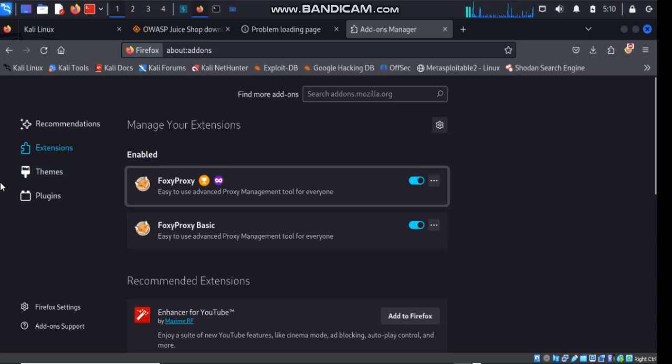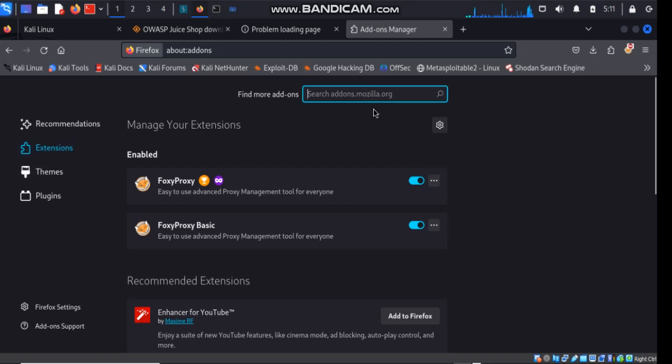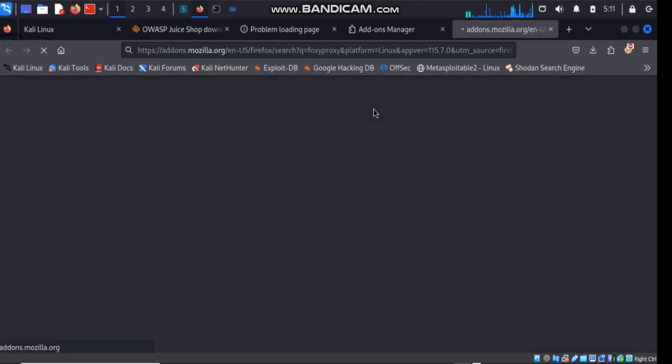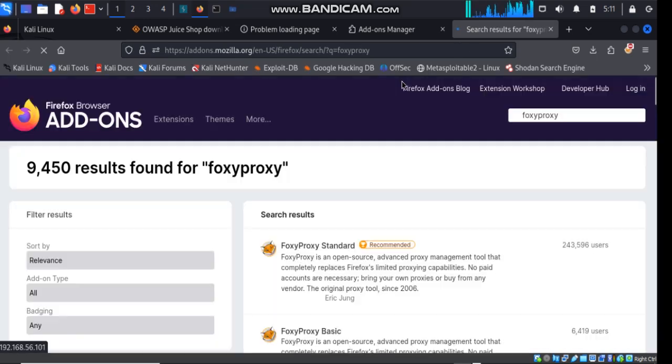When you come to extensions, you search for Foxy Proxy. When you search for it, it's going to open up the places where Foxy Proxy is so that you can download it and get it installed on your browser. So this is it.